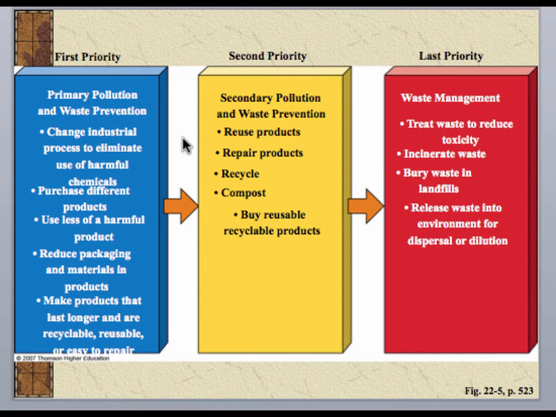So how do we deal with these types of waste? What we have is called the Integrated Waste Management System. The definition of it is the most effective way to deal with your solid and hazardous wastes. And this includes your 3 R's. Again, it's your reducing, reusing, recycling. But I'm going to add a fourth one, and that goes before reducing, and that's refusing that item. So when we look at our first priority, you're trying to refuse the item or reduce it from environmental harm, and that transfers the waste from one part of the environment to the other. So again, you're trying to use less of that harmful product, or you can just refuse it and not use it. The second priority is to reuse those products.